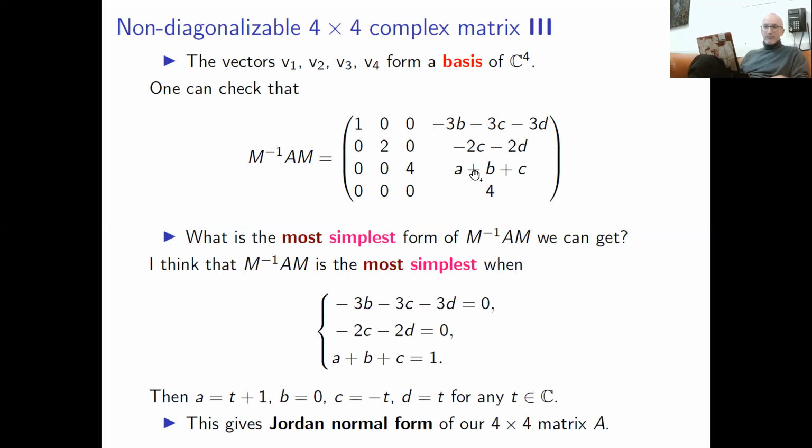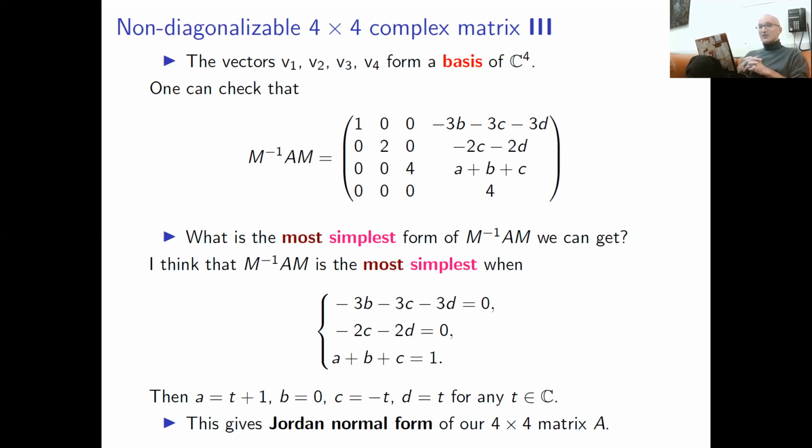This matrix has a name. This is a special case of what is called the Jordan normal form of our matrix A. This is beyond this course, but I think it should be part of this course, but unfortunately we don't have time. This is not part of the book, as far as I remember. Maybe it's mentioned in the book, but it goes without proof. This is a very nice result in algebra, which is going to be covered in a different course. I think it's covered in honors algebra, so you're probably going to learn the theorem next year.